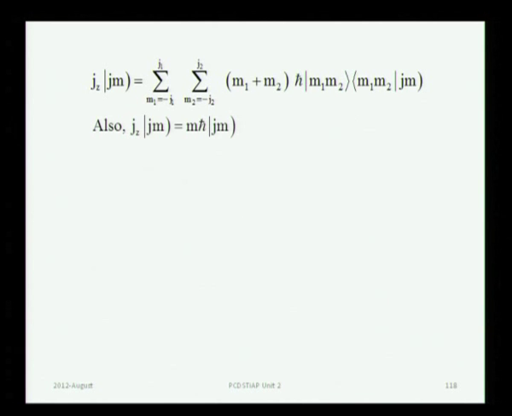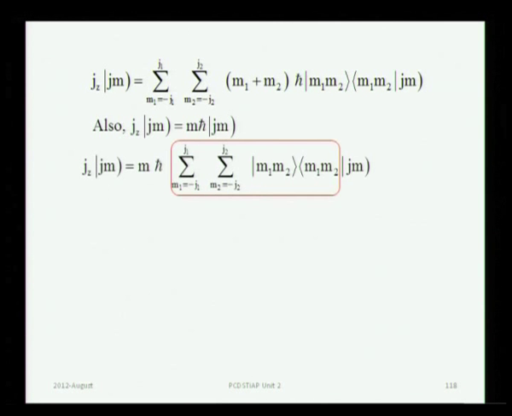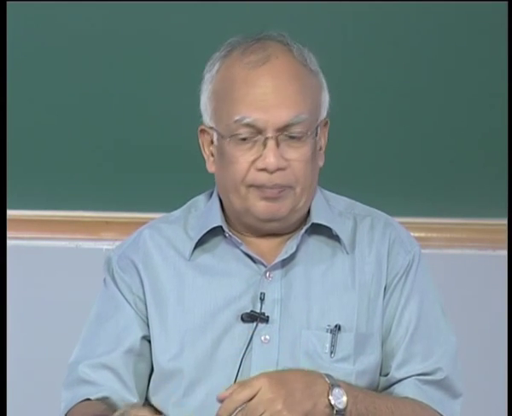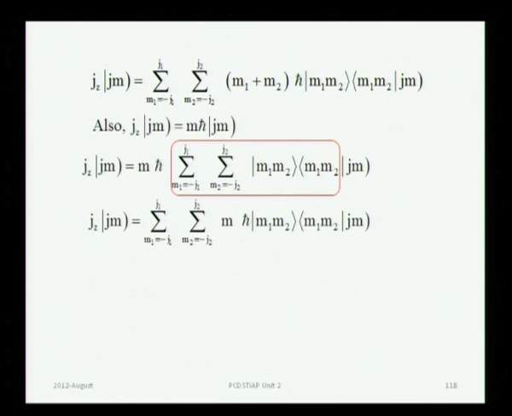Left hand side is very simple to resolve because Jz operating on Jm gives you an eigenvalue equation, and you can express this term once again by inserting a similar unit operator. So, that both on the left hand side and right hand side you have got linear superpositions and basis sets which are exactly the same. Okay, then you can always extract the coefficients of corresponding terms. Okay, that is the idea. So, let us do that. So, you have got Jz operating on Jm, which gives you m h-cross times this whole sum,